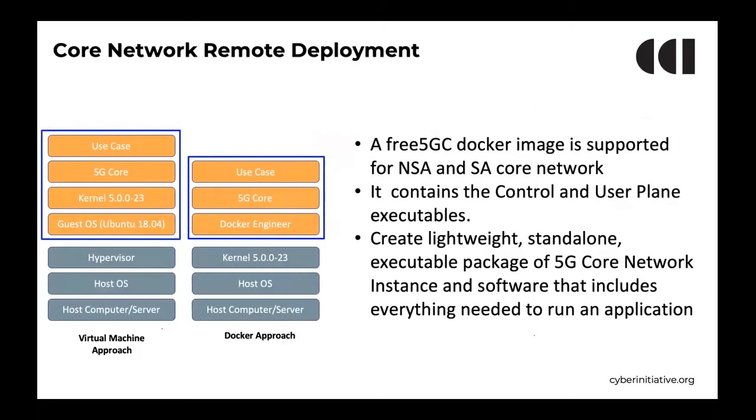How to clone the core system and distribute it in the locations that is needed is critical to support research in CCI. We adopted two ways of core network remote deployment, the virtual machine approach and the Docker approach. The operating system required to run the core network is Ubuntu 18.04 and the kernel is 5.0.0 on top of it. So we can use either way to deploy